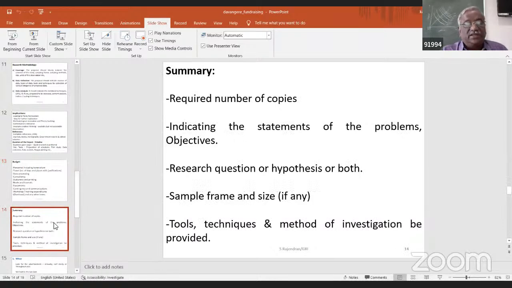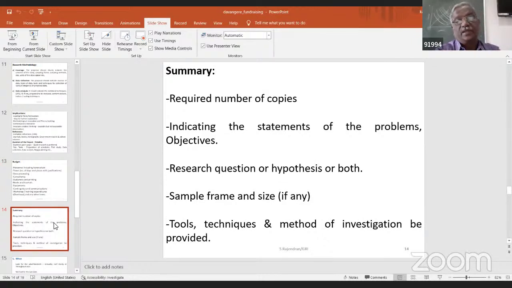And now the summary of the format in the research proposal should contain the following headings, following aspects, like how many copies are required. I think I'm an old generation researcher, therefore I put a number of copies, etc. Nowadays, the funding agencies seek just online submission. They don't expect you to take the print and submit. However, you submit a soft copy as well as hard copy, that would be much attractive and also convincing to